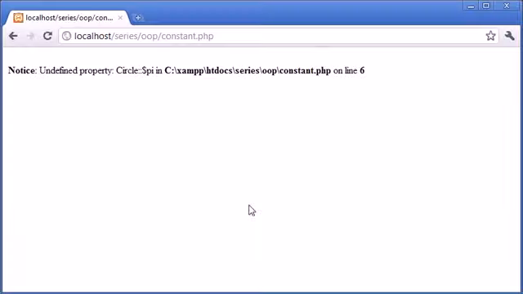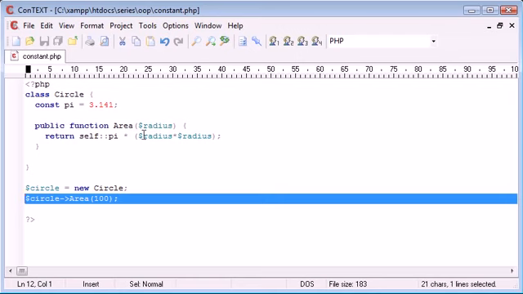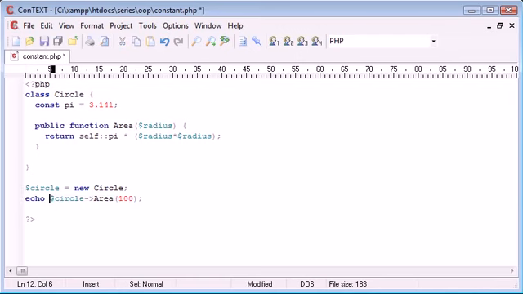Now let's refresh, and you'll see that we've got no errors. We haven't got any output yet because we haven't echoed out the value that this method has returned, so we have a return value here from this method. Let's go ahead and echo that out and see if that works. Okay, so we've got a value returned of